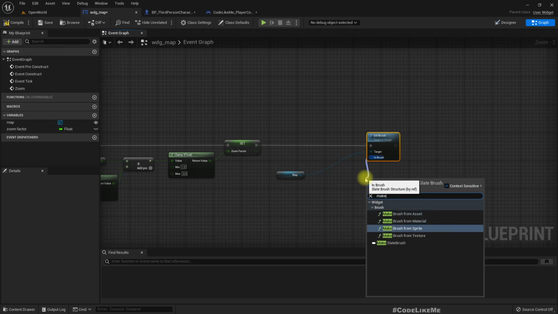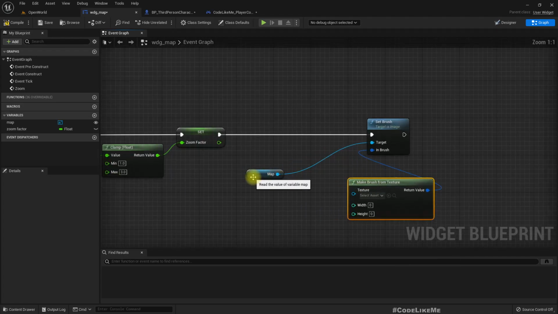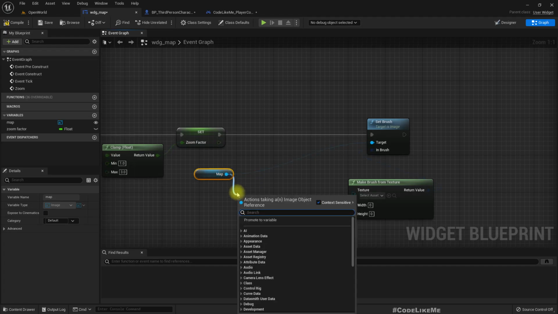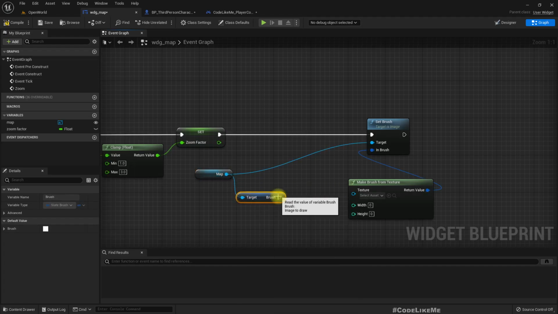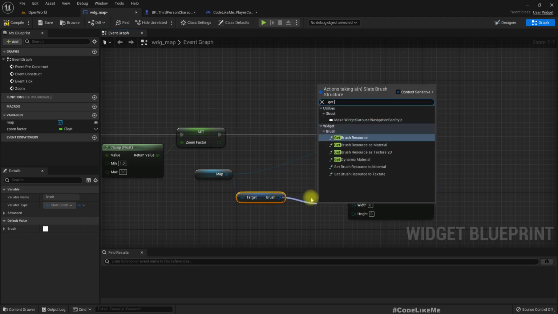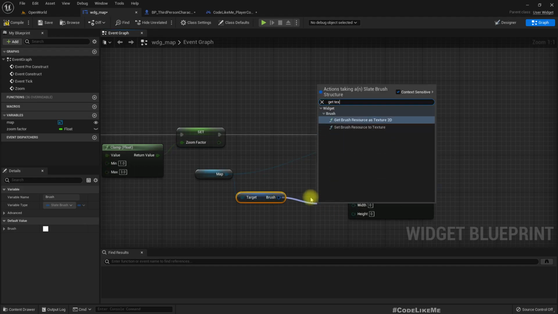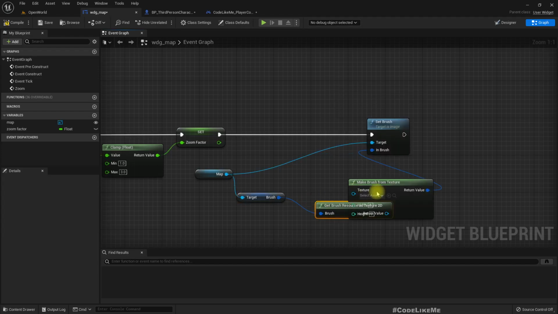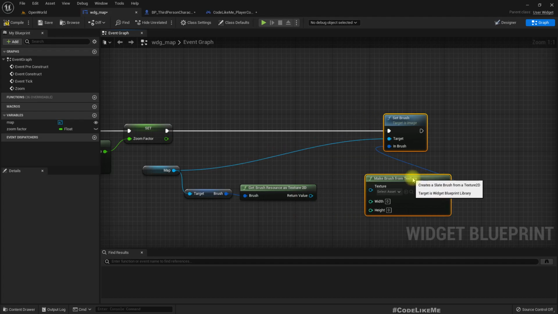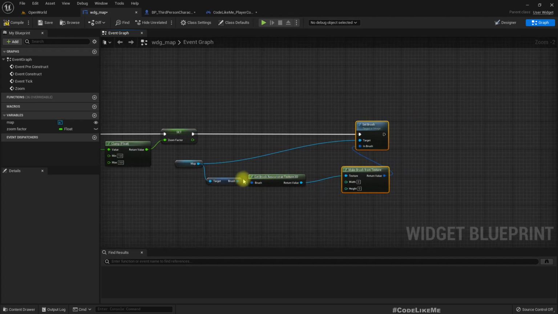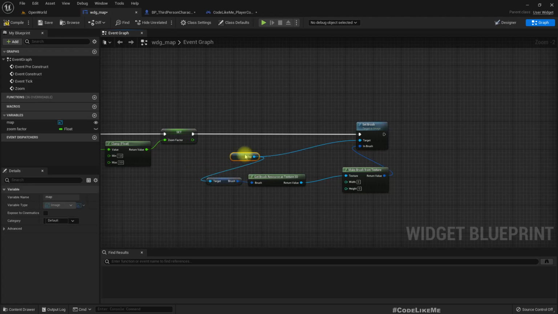Make brush from texture. Okay, but we already have an image, so get brush, get texture. Okay, and